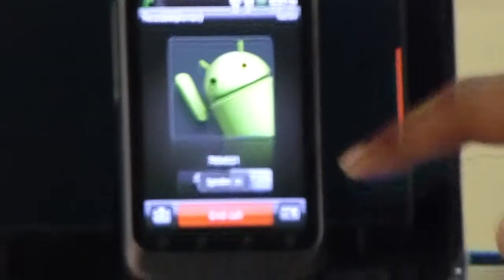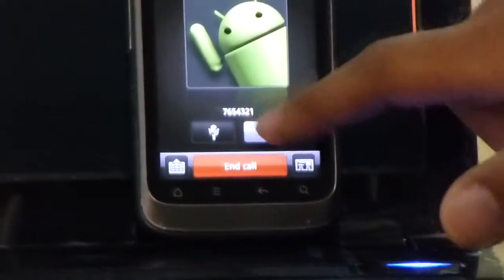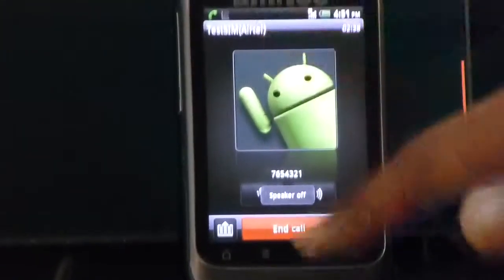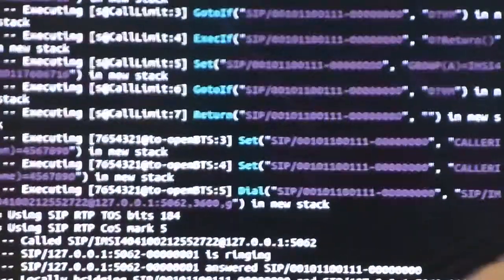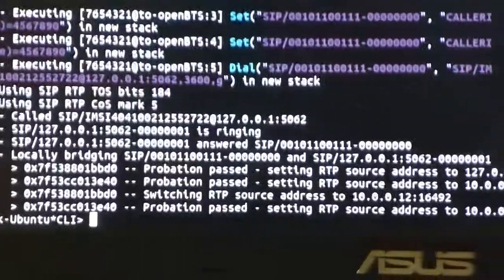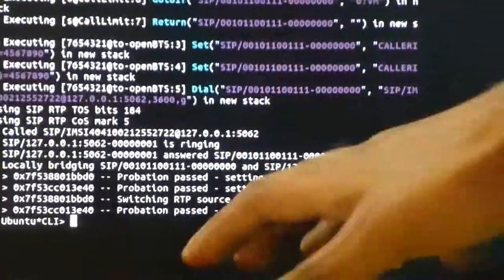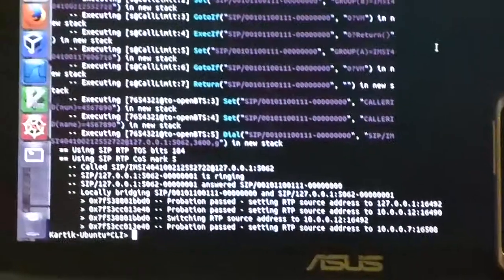In the software, the complete seamless handover can be seen and the call is still connected at the back end. If you see, hello, the call is still connected and the handover has occurred seamlessly without the call disconnecting or any other distortions. On the software side, we can see the complete stack level access of GSM, and we clearly see that a call has been transferred and the handover has occurred from one BTS to another BTS.